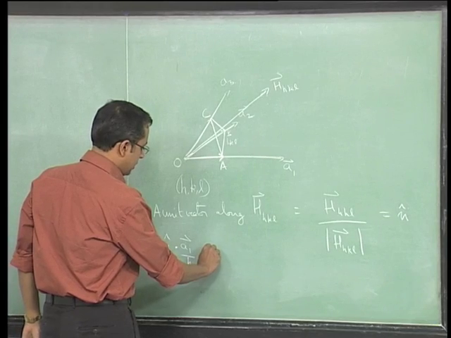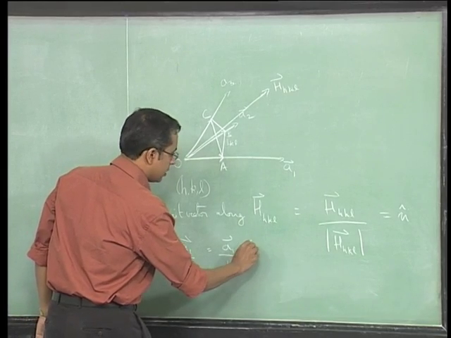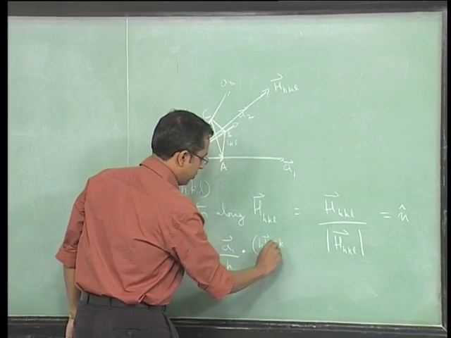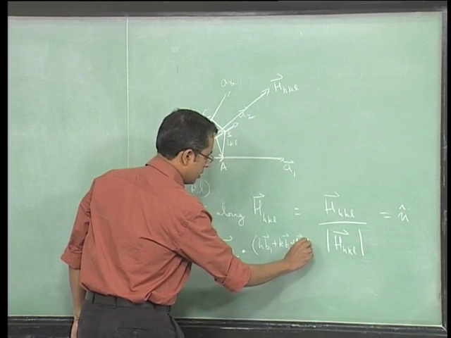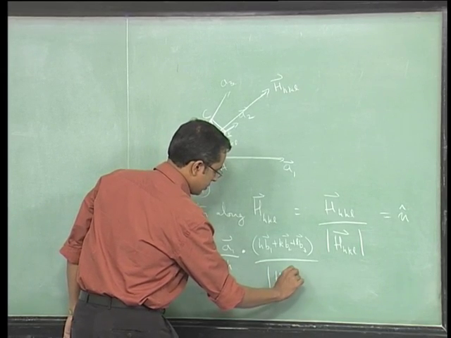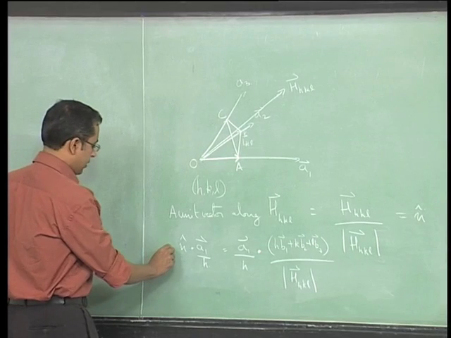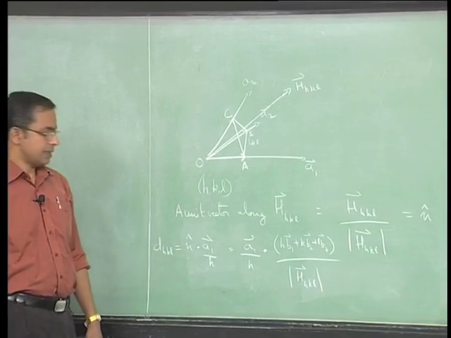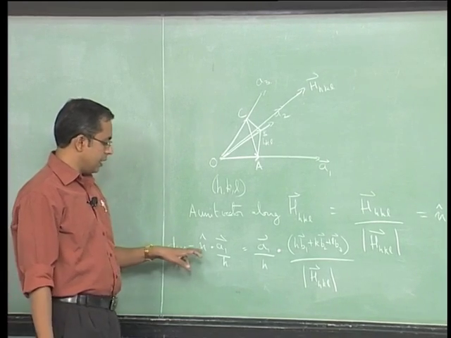So this is simply A1 by H dot product with HB1 plus KB2 plus LB3, divided by the modulus of HHKL. So this is DHKL, right. So DHKL is now defined this way, D between those planes is such that if you take